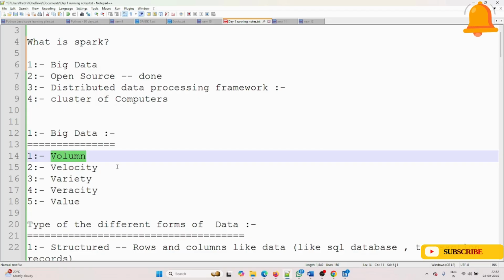Traditional systems like databases, Oracle, MySQL, and MS SQL Server cannot handle such a huge size efficiently. So organizations need distributed storage systems like Amazon S3 or ADLS Gen 2 to store this data. We cannot rely on a particular traditional system.